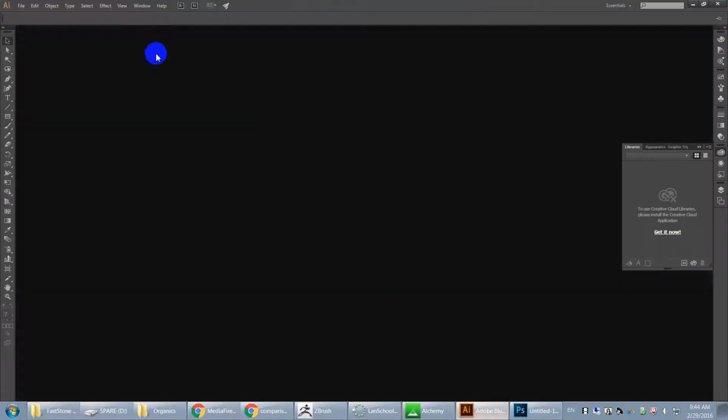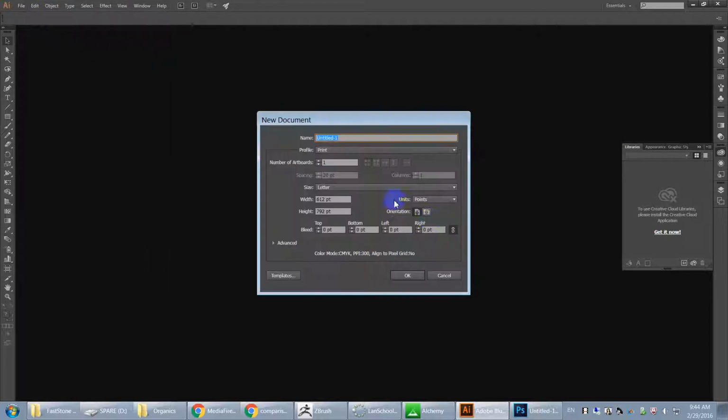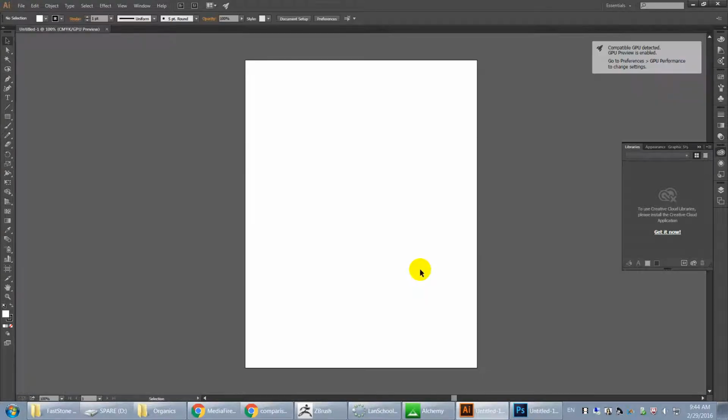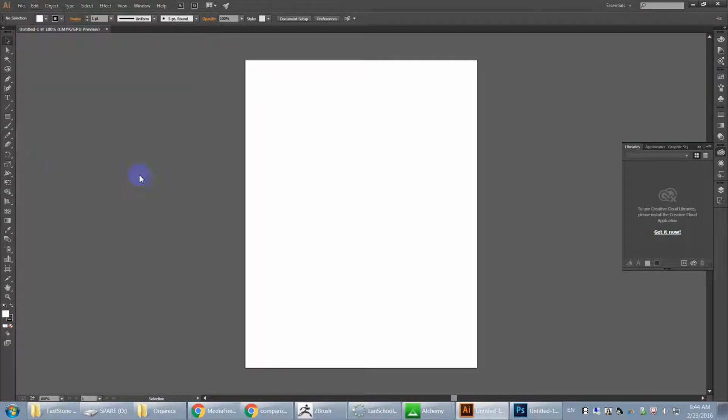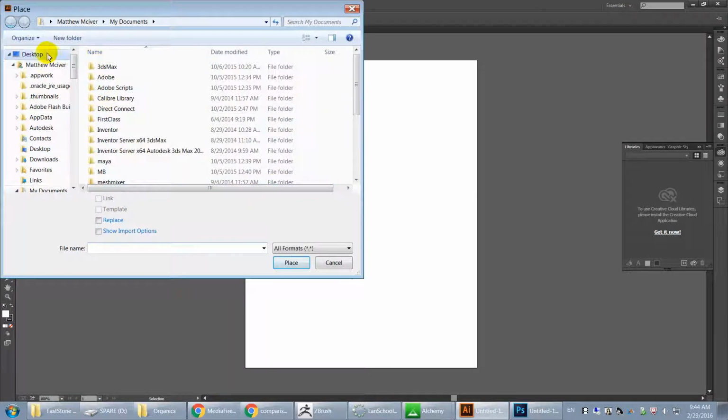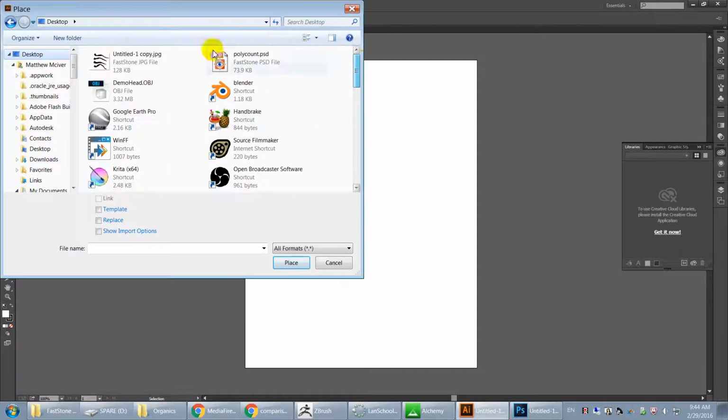I want something that Illustrator can read, so I'm going to create a new document in Illustrator. I think the standard letter size should be okay. Let me just, there we go. I'll go to File, Place. This is kind of weird. It should be Import, but they say Place. So anyways, I'm going to place my image